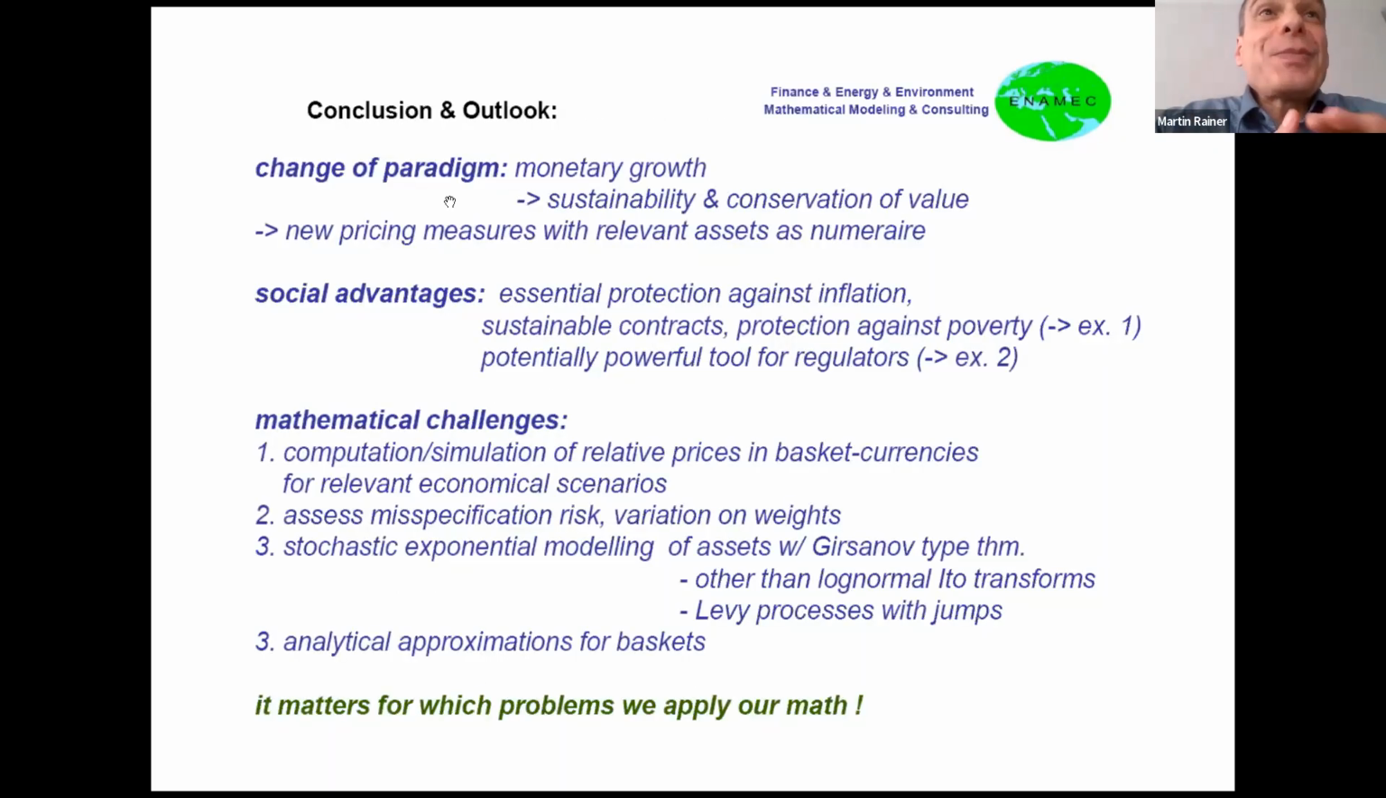So now let me come to the conclusion. What I propose, or we propose in such papers, is a change of paradigm from monetary growth to sustainability and conservation of value. And this is related to new pricing measures away from the numeraires, from the zero-bond numeraires, to relevant assets. There are social advantages of the central protection, inflation in particular, and also protection against poverty, and that, in particular, the most essential resources we have